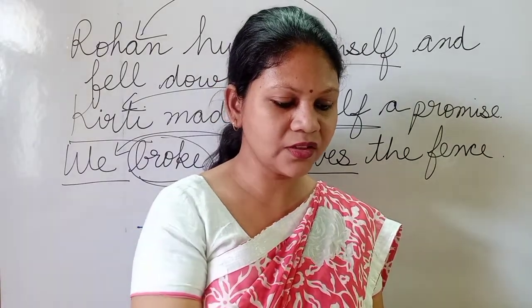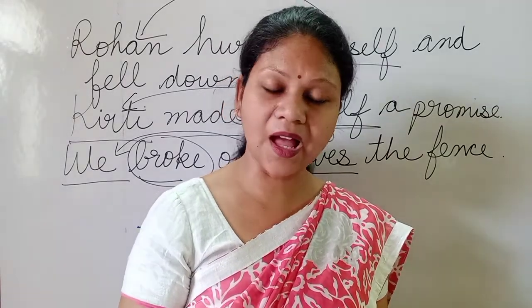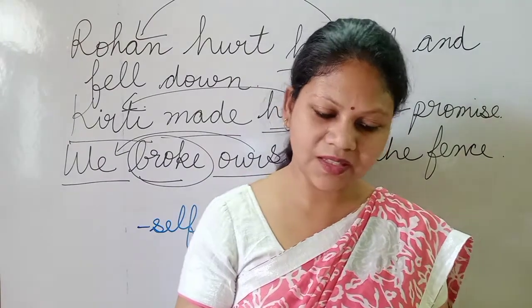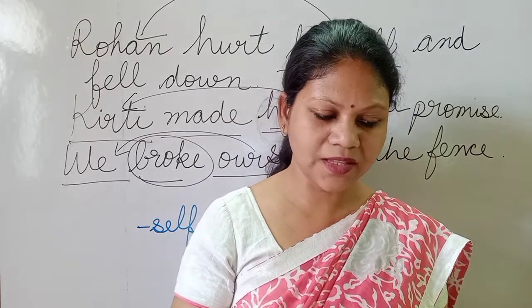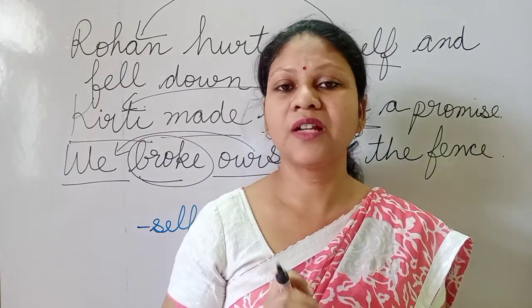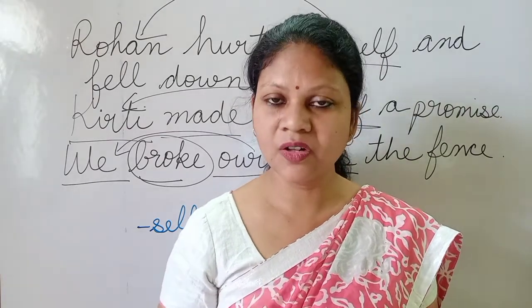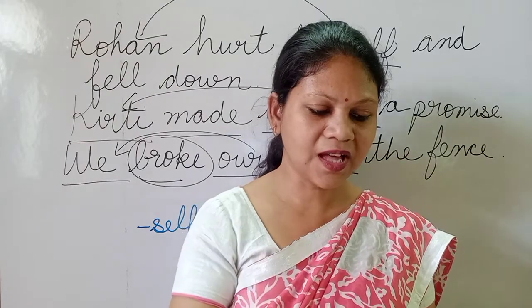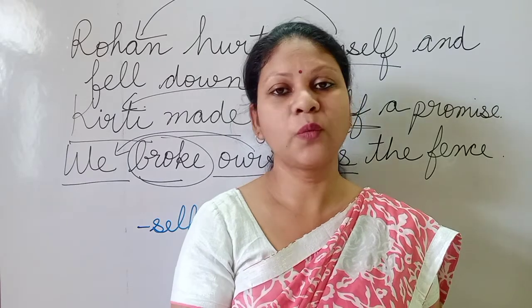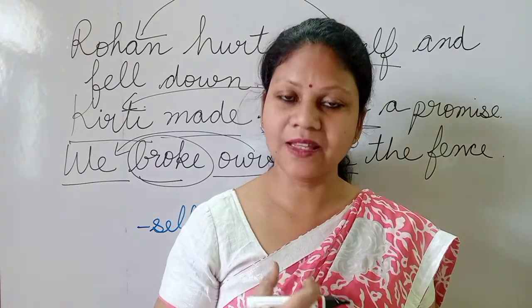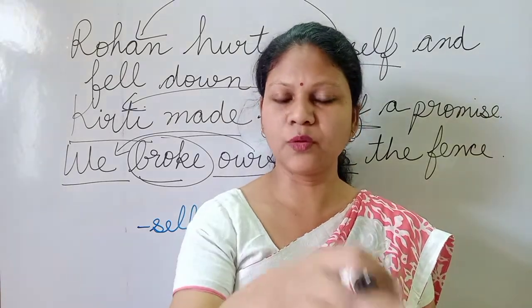But below that, you can see a table in which you can see some of the personal pronouns like I, we, you, he, she, it, they. Now, given below, you can see the reflexive pronouns are mentioned. They are formed by adding the suffix self or selves. Like here, I. In the case of this pronoun, we have to use the reflexive pronoun myself. Okay, like I myself broke this pot.